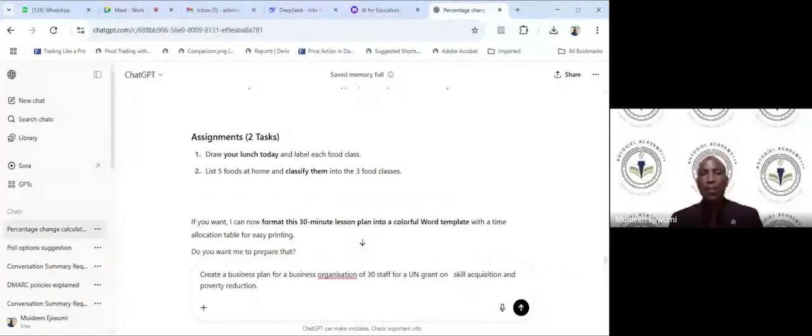A business organization is wide, but notwithstanding, let's see what it's going to generate. Skill acquisition and poverty reduction. Let's see what it's going to generate and see if you can refine it.